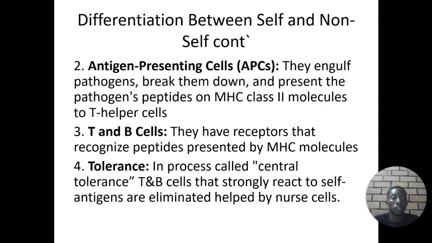And the last thing is tolerance. In the process called central tolerance, T and B cells that strongly react to self-antigen during their development in the thymus and the bone marrow